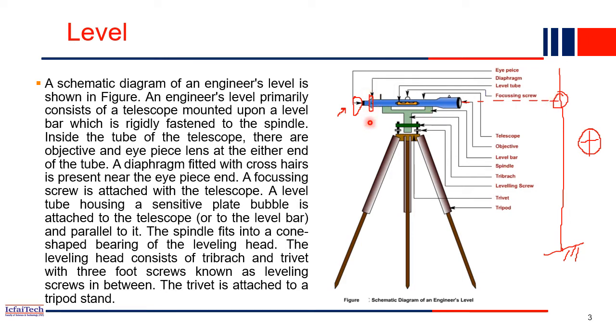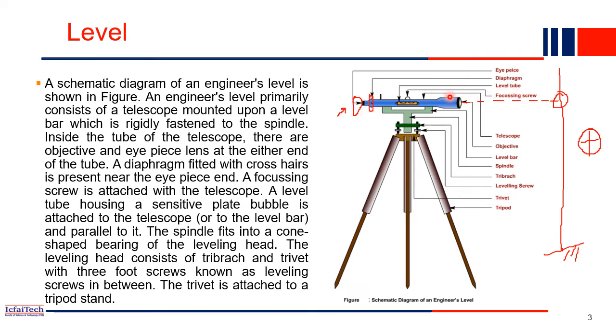The crosshair is at the center here in the diaphragm location. When you look in from this eyepiece, you will see this rounded shape of the staff reading, whereas at the center you have this crosshair, something like that cross will be there, right? This cross will exactly match with the staff reading, and that reading will be the level reading. This is what we call the diaphragm. The diaphragm will always be near the eyepiece, right?